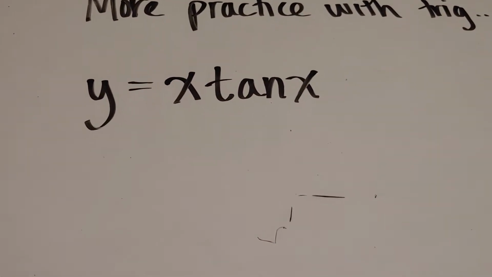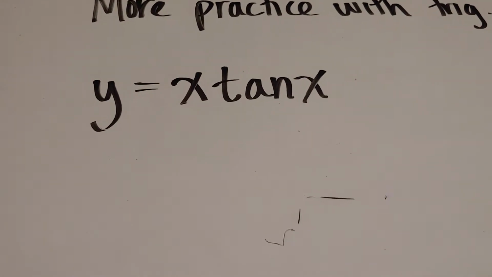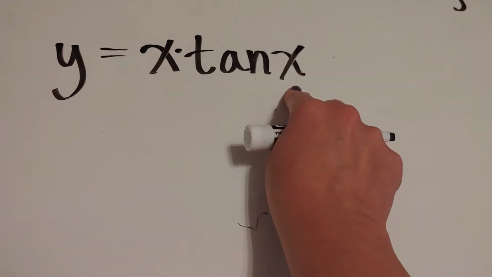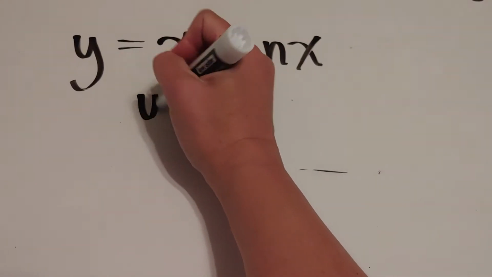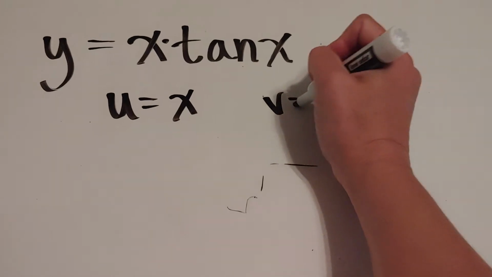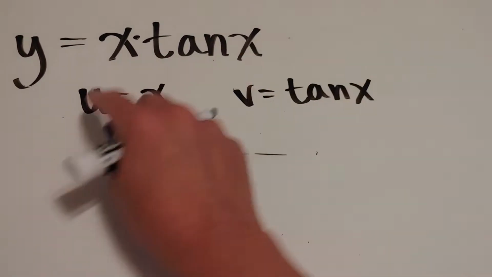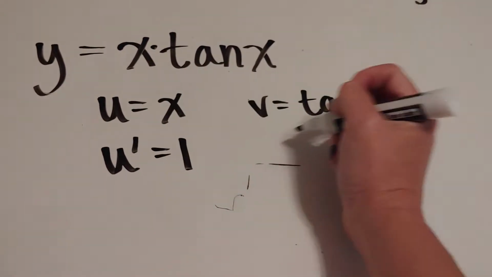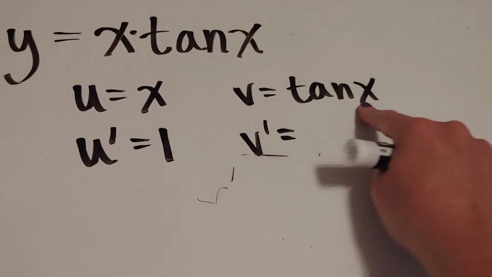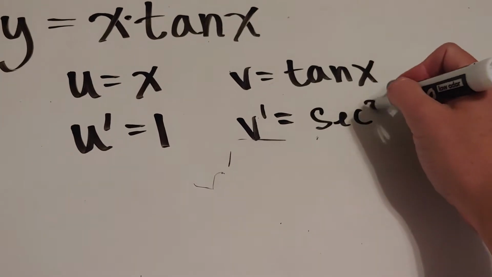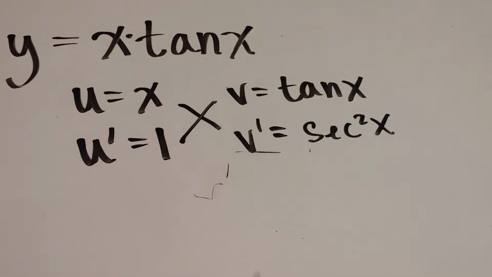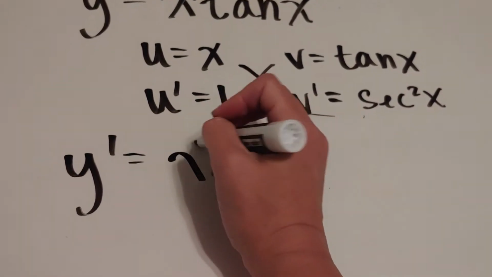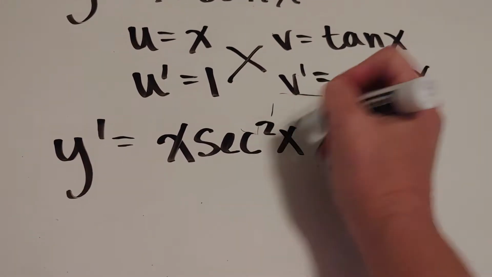All right, so your first goal when you're given a problem is look to see how things are attached. I'm looking at multiplication, so that means that I want to use the product rule. So I have my u and my v. The derivative of x is 1. The derivative of tangent is the secant squared. Okay, there we go. And when I go to glue this together, I'm going to have x secant squared x